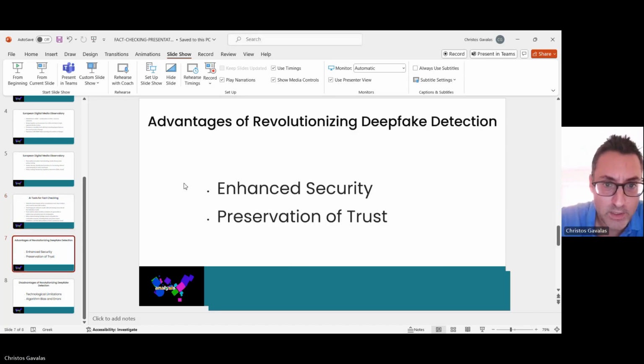Now, there has been, of course, a huge discussion about advantages and disadvantages when it comes to deepfake detection. There are certain pros and cons.